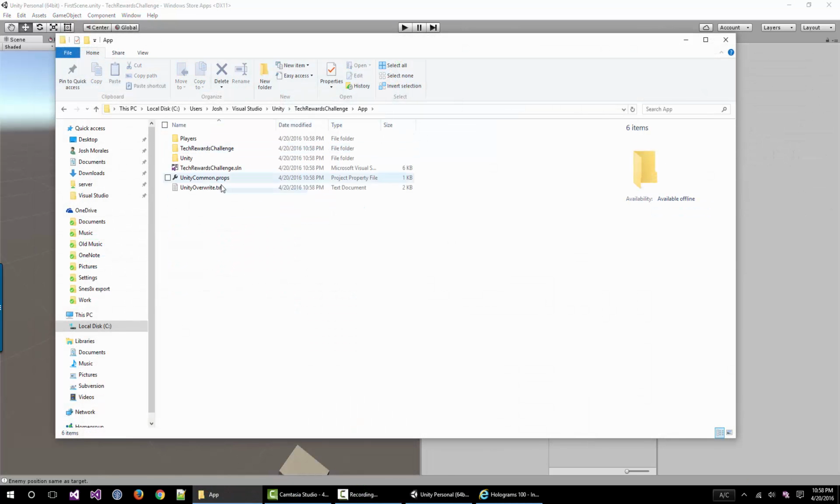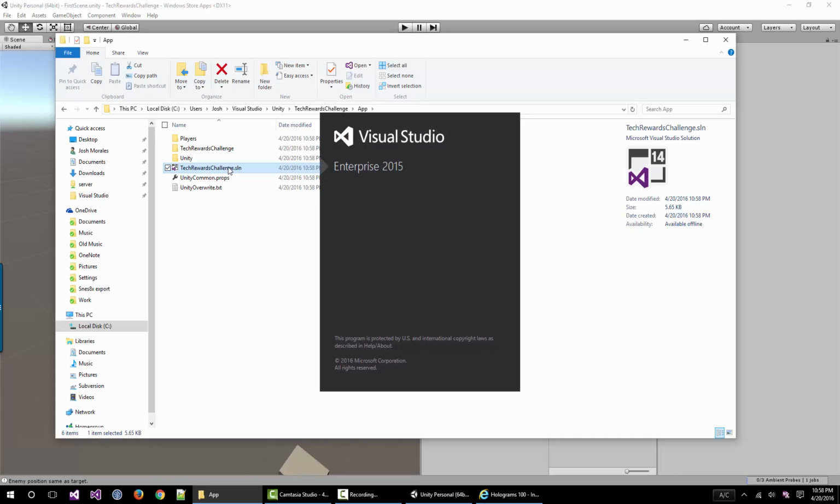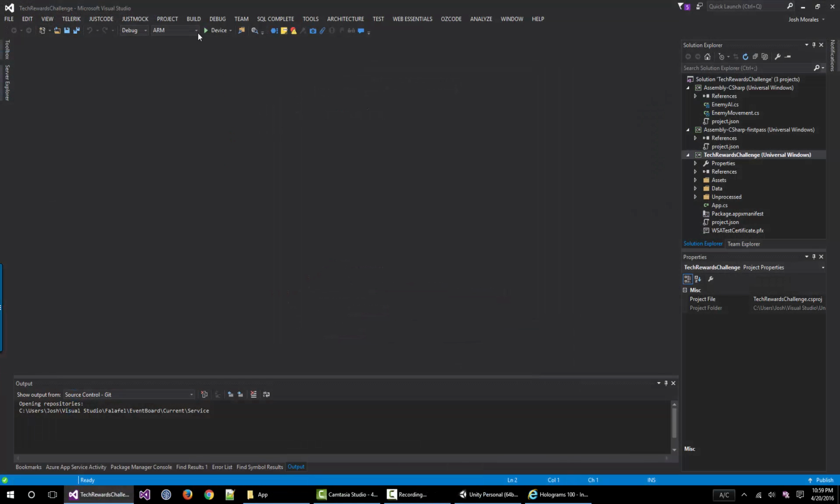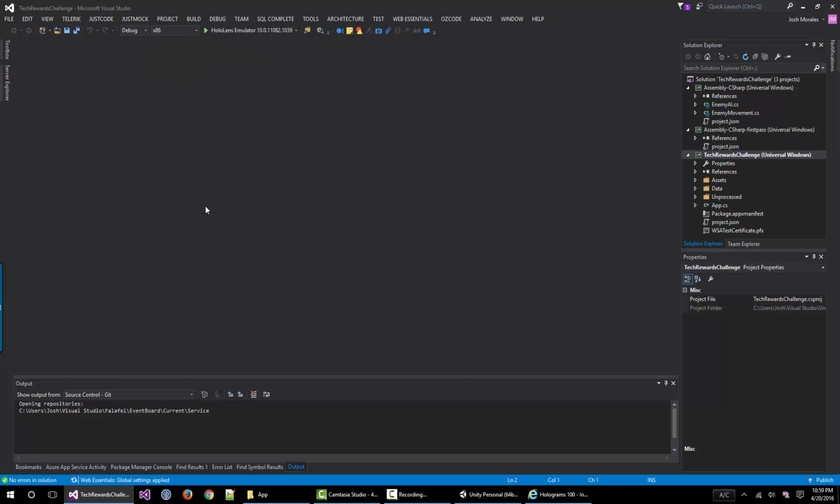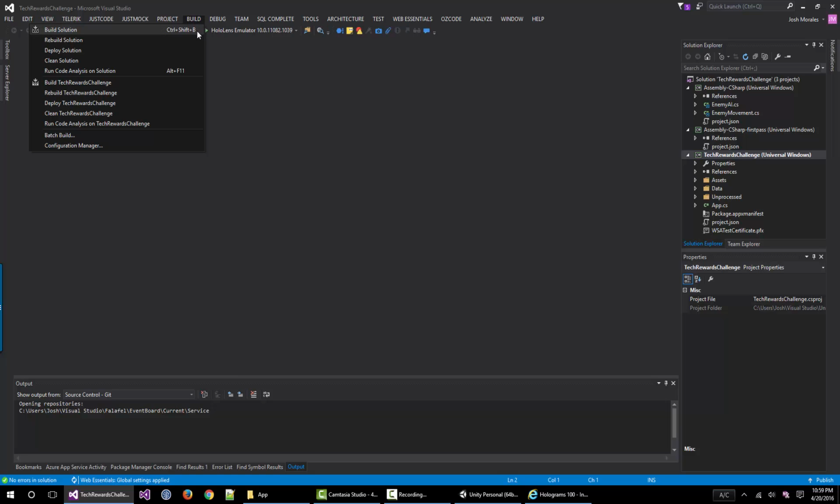Okay, so that's built, and now we'll open this project in Visual Studio. And as always, the first thing we want to check is to make sure the platform is x86 and that the device selected is the HoloLens. So we'll go ahead and build the solution